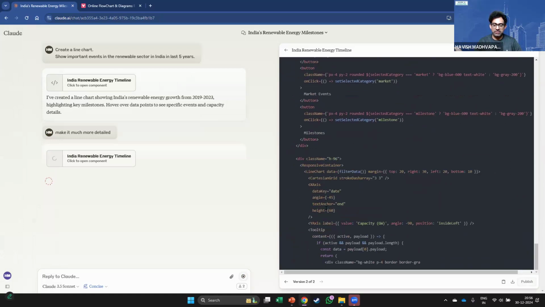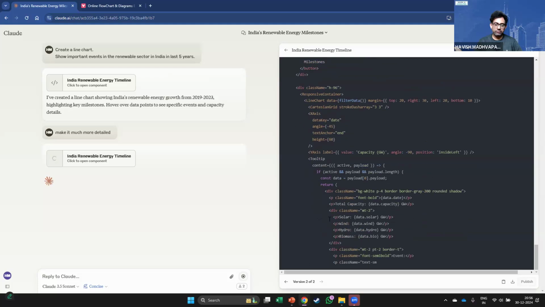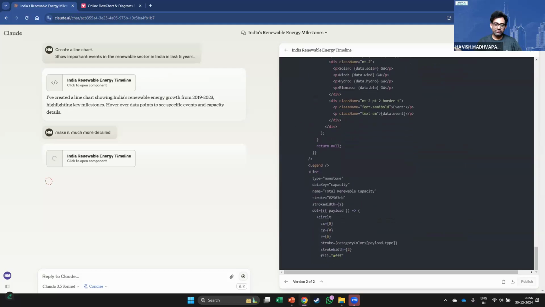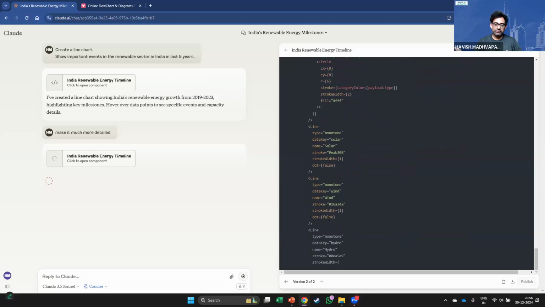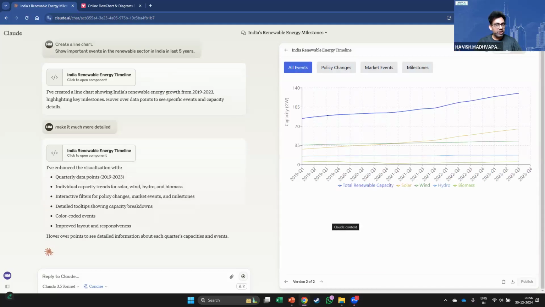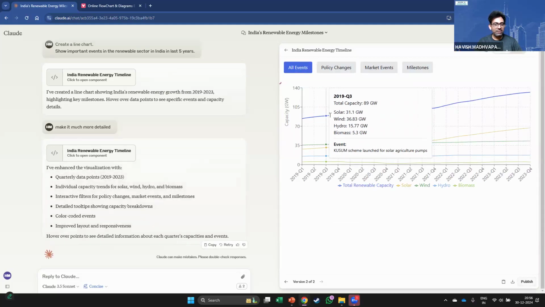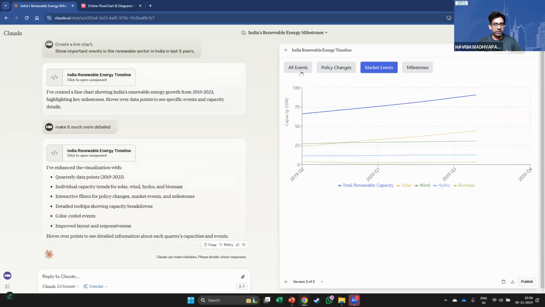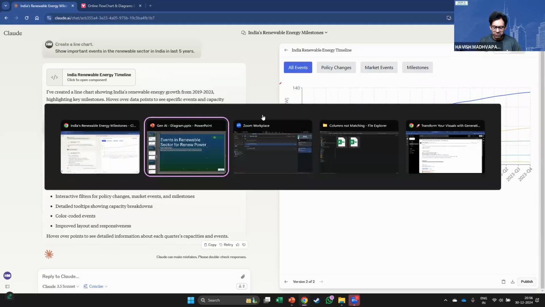Almost there. Okay, pretty good, right? Do you see the amount of detail that we have now, right? And these are also clickable, by the way, right? And you can, of course, make different variations.